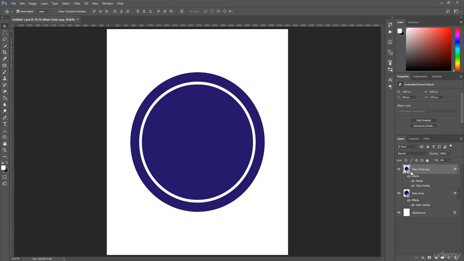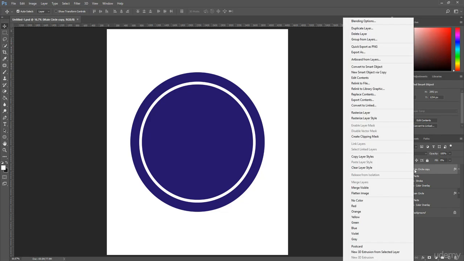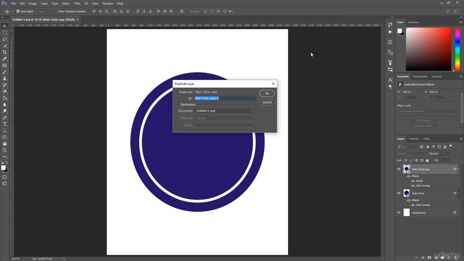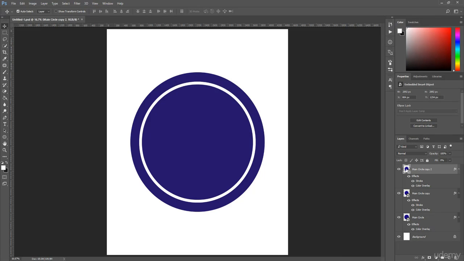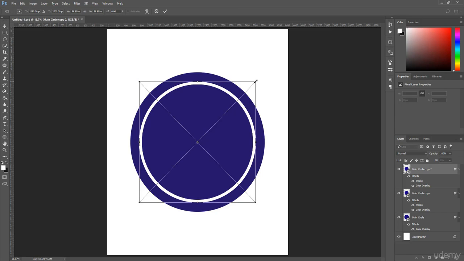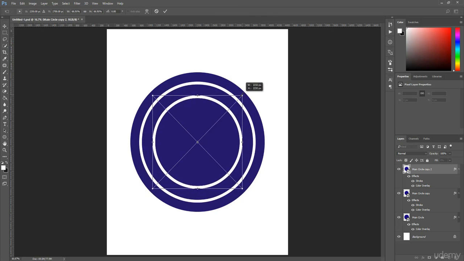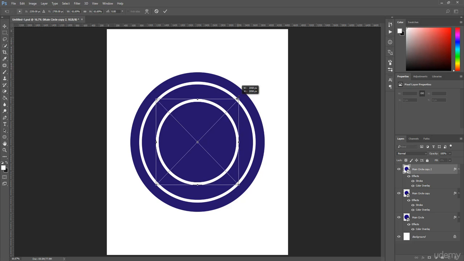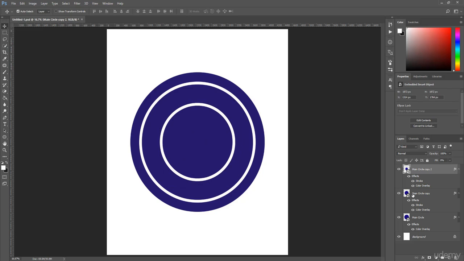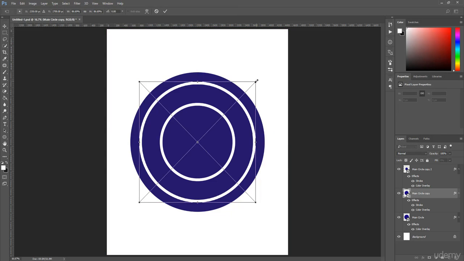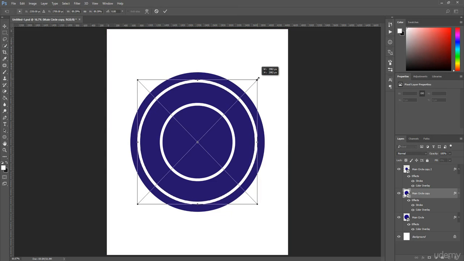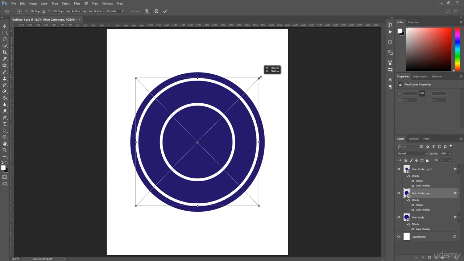Now I duplicate this main circle layer copy. To do this, I just simply right click on this again and select duplicate layer. And by selecting this new layer, press Ctrl T to activate the transform mode. And then holding Alt Shift, I just resize it like this and hit on OK. And select this main circle copy layer and press Ctrl T to activate the transform mode. And holding Alt Shift, I just resize it and set it